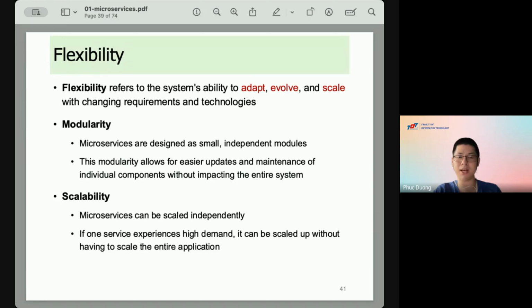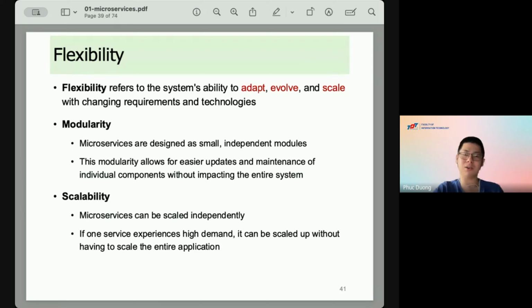In Vietnamese, adapt we call thích nghi, evolve we call tiến hóa, and scale we call co giãn, meaning that when there are many users, the system can expand to meet the demand.